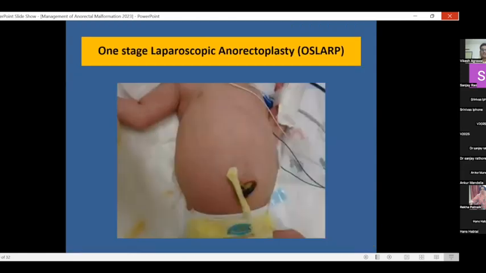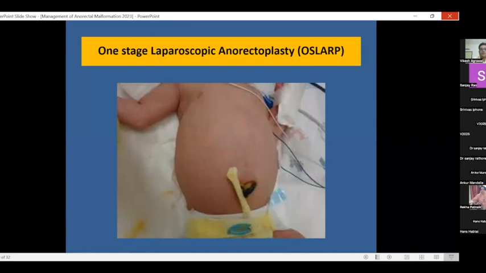It's a very interesting concept. Now coming to my second part of the talk, as we have seen in our setup, most of the patients, when they go for colostomy, few of them don't turn up. When we did a study long back in the last decade, we found that about 18 to 20% of patients were dying because of colostomy diarrhea. So that made us think about starting one stage anorectoplasty.